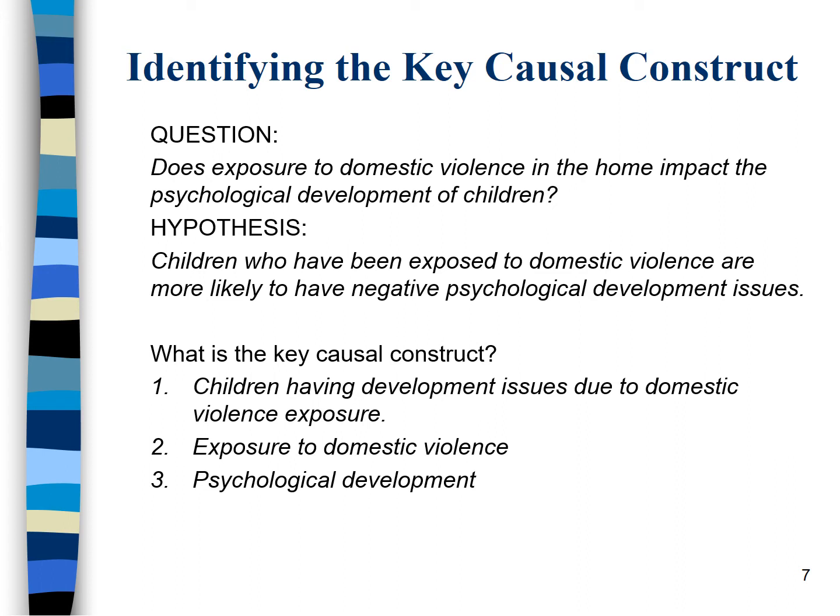Also, when identifying your causal construct, you don't want to include both your cause and your effect. Now we're starting to get that sort of tunnel vision. We're starting to narrow things down, because that's what we're going to do when we get to our survey. Our survey is going to be very precise in how the questions are designed and what constructs they're supposed to measure. So our hypothesis was children who have been exposed to domestic violence are more likely to have negative psychological